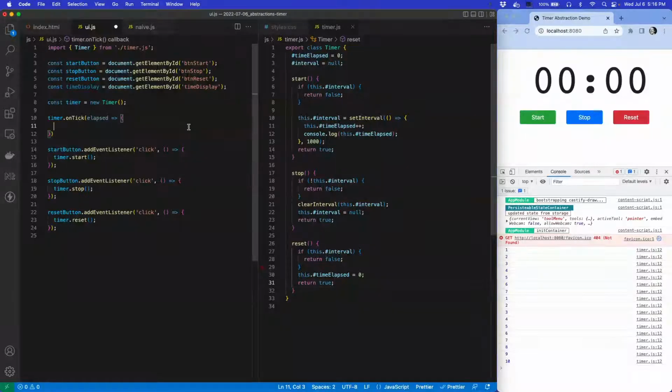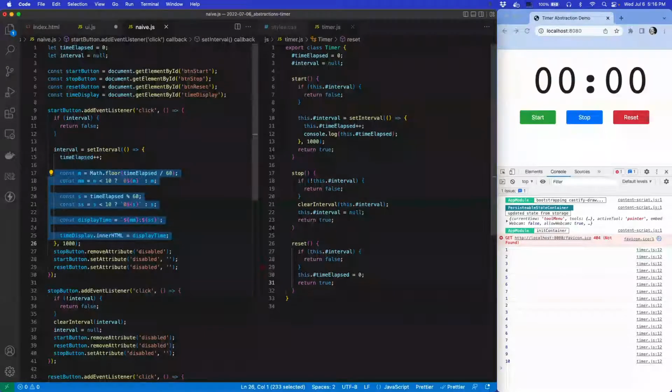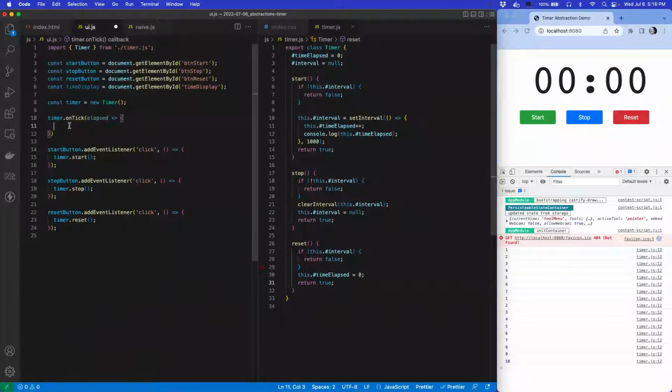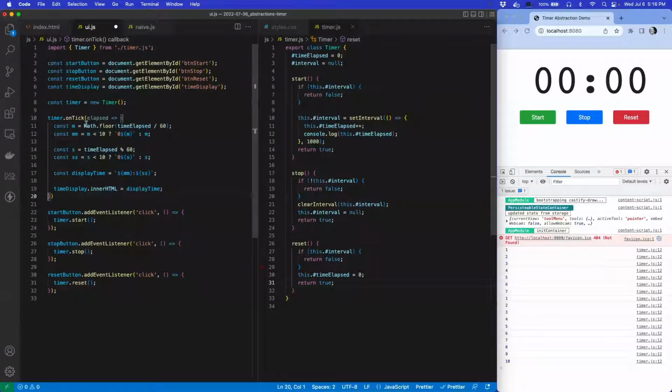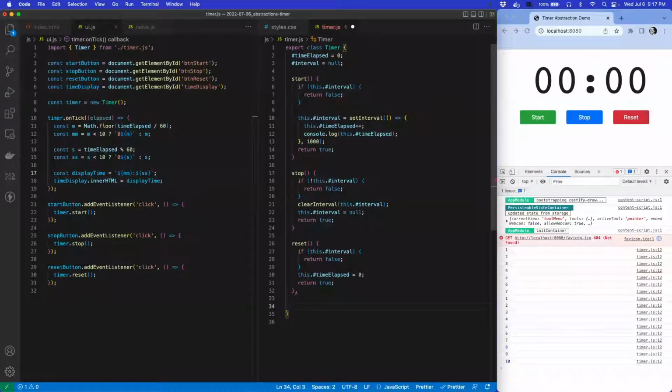And so from here, I will pull this logic from our naive implementation because this is UI logic, right? The timer is dealing with keeping track of how many seconds have elapsed, and our UI is in charge of taking that and turning it into something that is displayable to the user. So this feels like decent UI logic. So I'll say timer.onTick, do this, which means I need to go here and implement an onTick method,